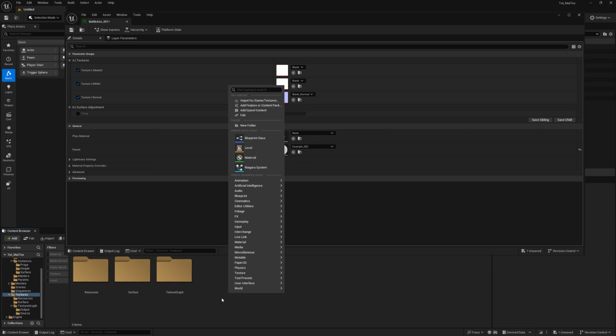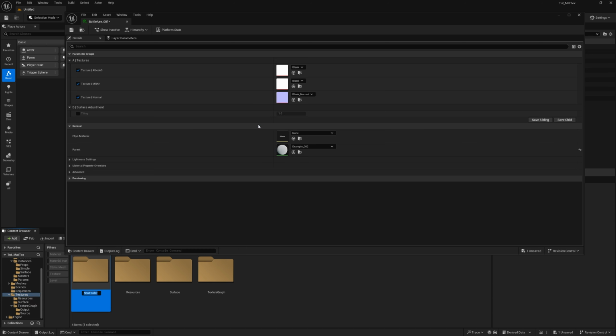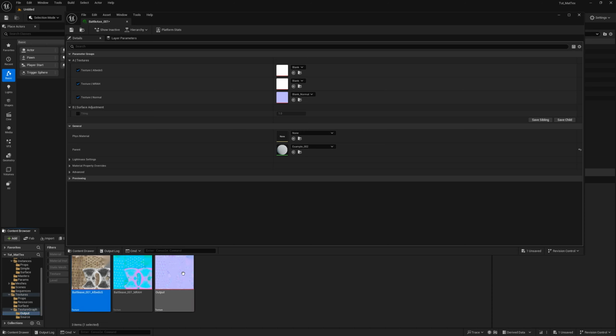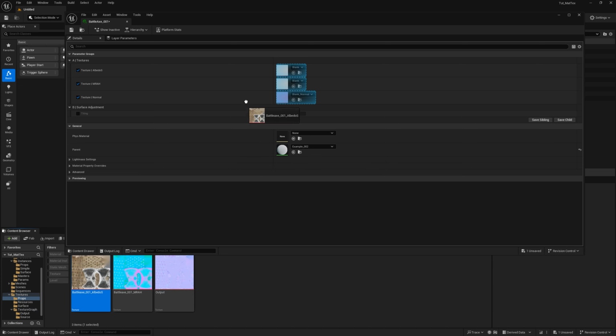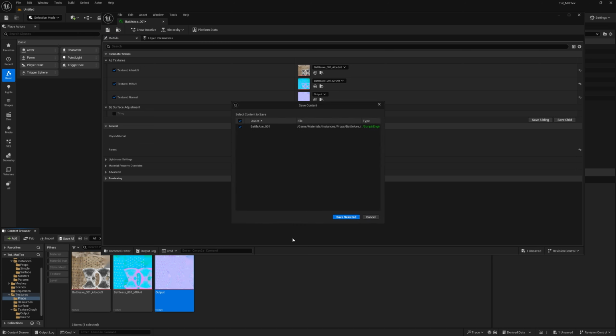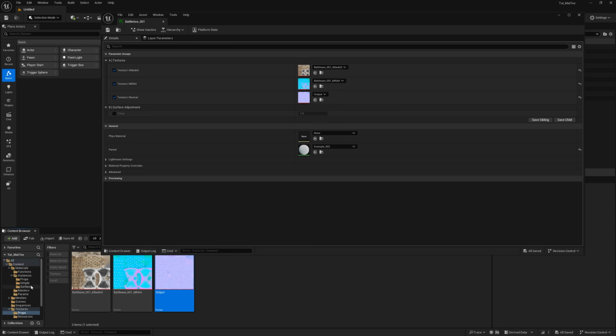So I'm going to go into textures. I'm just going to create a new folder here, and we'll call this one props. I'm going to take the textures from that output folder and throw them into that props folder by dragging them over and clicking move here. And then in my material instance, I can go in and just populate those. Okay. And this material instance has already been applied to the mesh itself. So when I load up the mesh,